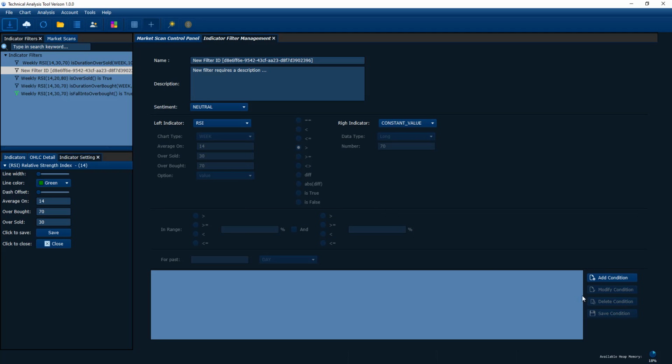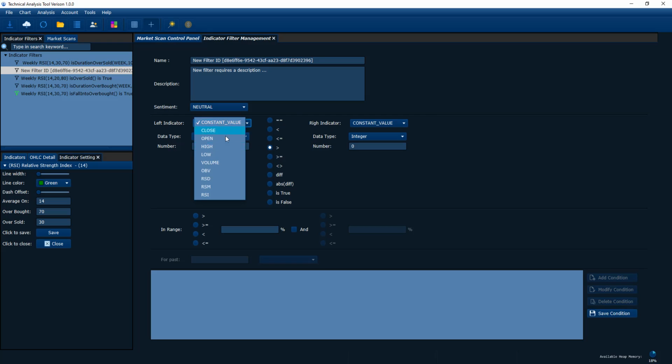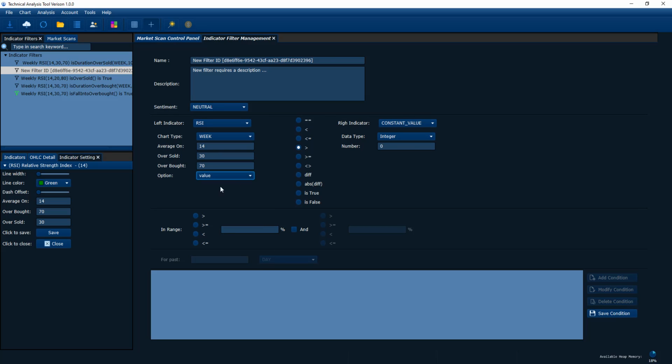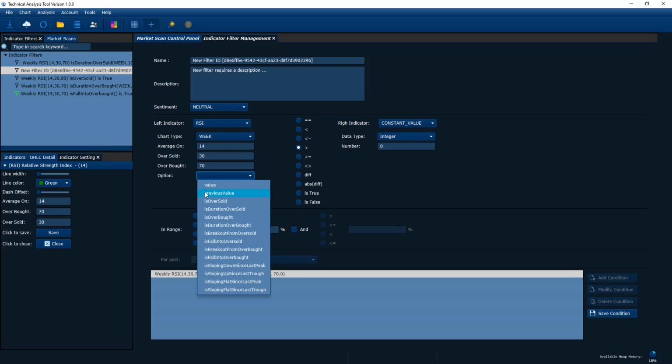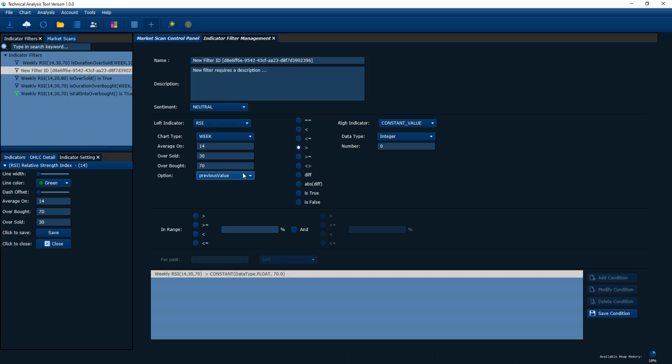sorry, it requires a float value. So that value has to be a float value, okay? So you change the type to float, and 70, you save it. That pretty much tells you, give me all the stocks with RSI value over 70. That is the same as overbought, right? And also you can add another condition. Again, you're using RSI, but this time you're using the previous value. So you compare the previous value with less than or equal to